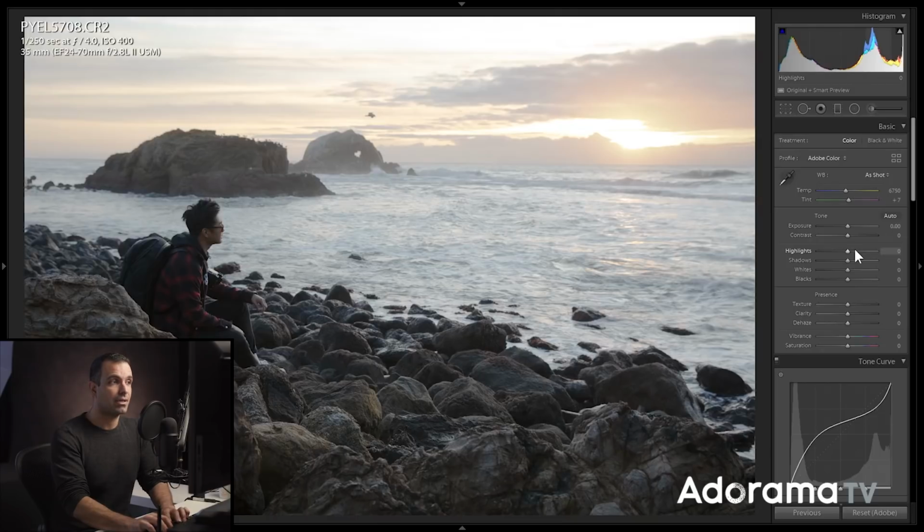Now I can go up and make more adjustments. I can pull the highlights down a little bit. I can bring a little bit of whites back into the image. I can maybe pull the shadows down. I can make other fine-tuning adjustments right here, add in a little bit of contrast, do whatever I want with